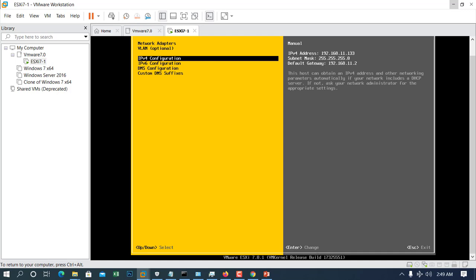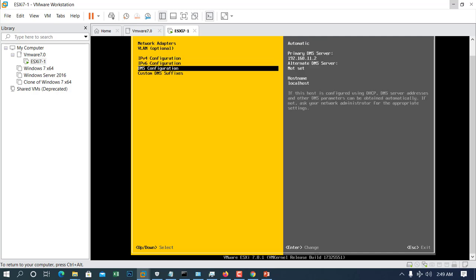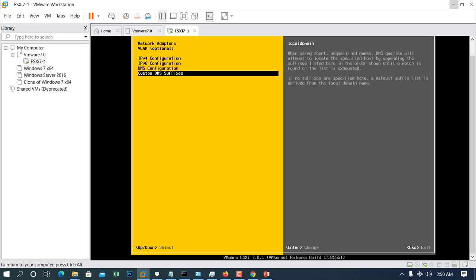Now the next option is IPv6, which is beyond the scope of this course. After that we have the DNS option. Here we do not change the DNS because we don't integrate our ESXi server with Active Directory. Also we can add a DNS suffix like local.org or local.com or my domain.